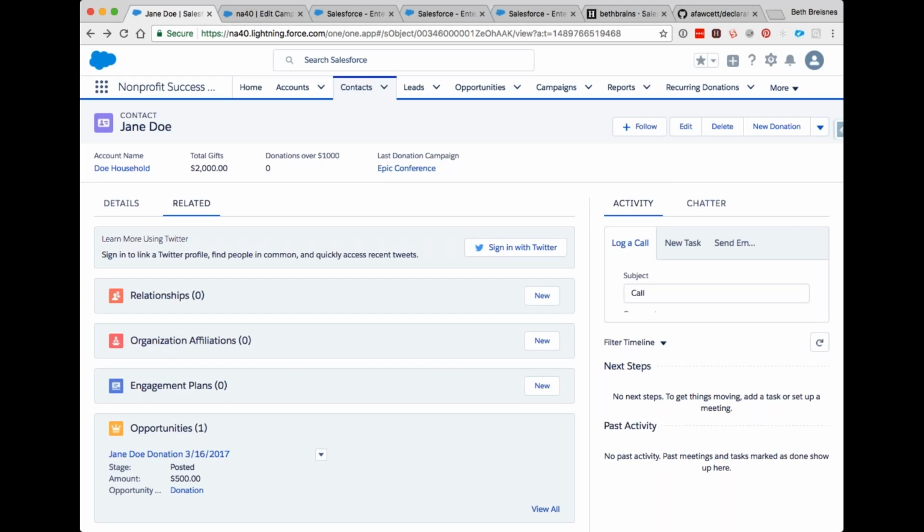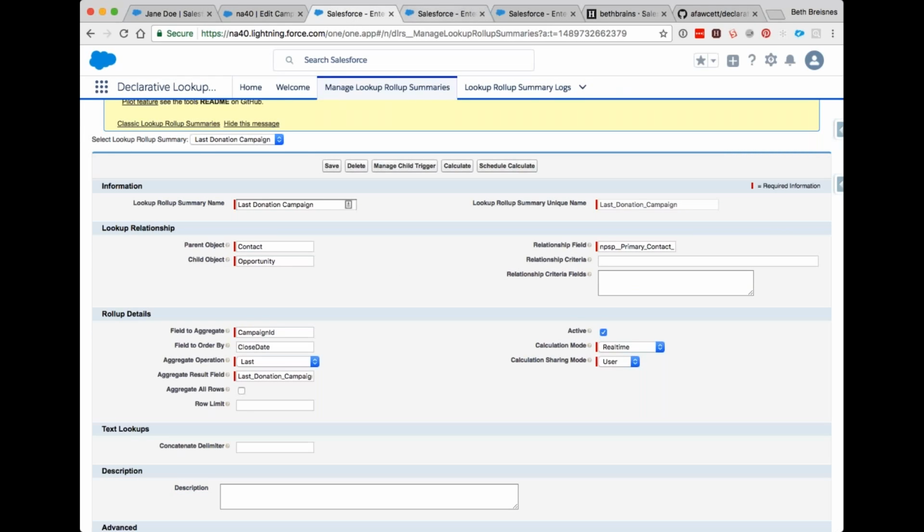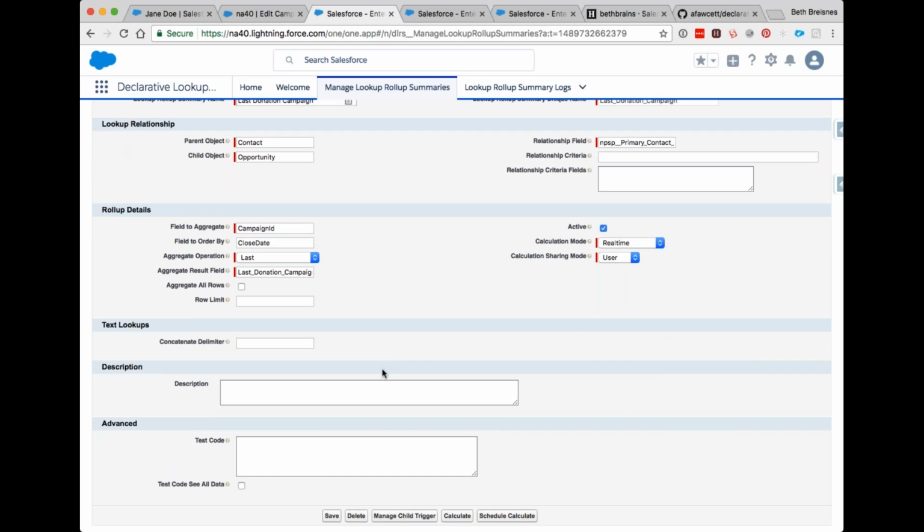Awesome. But there is a question. Diane, you could also do that. So the question is, could I make this field include all campaigns that this contact participated in? Yes, I did mention that. So in that case, I'm not going to change the field. Where did that one go? Last donation campaign. Okay. In that case, you would be rolling up the name, the campaign name, and you would